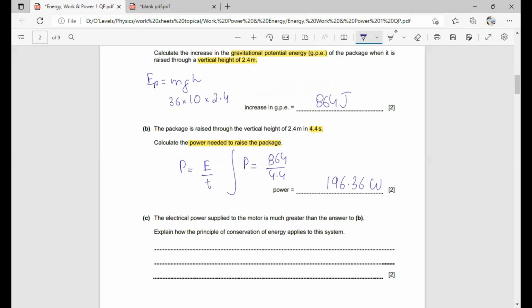We know that we don't receive a particular amount of energy as the output, and most of the energy is wasted in the form of heat, in the form of friction, in the form of sound. Since the electrical power supplied to the motor is much greater, according to the principle of conservation,